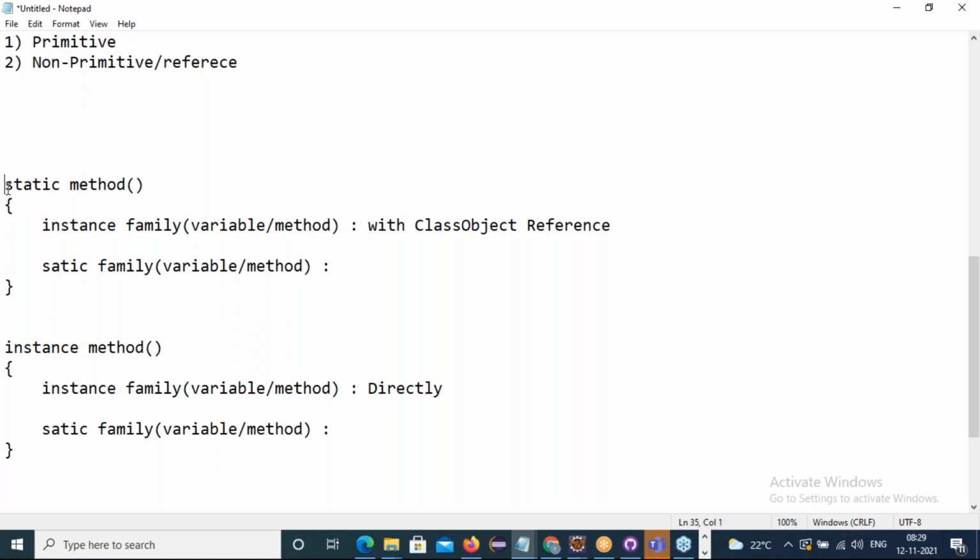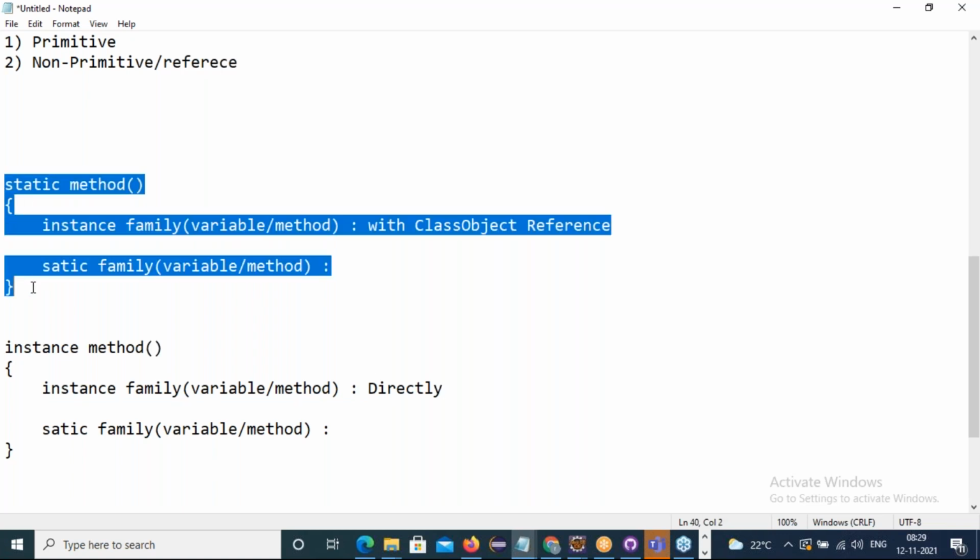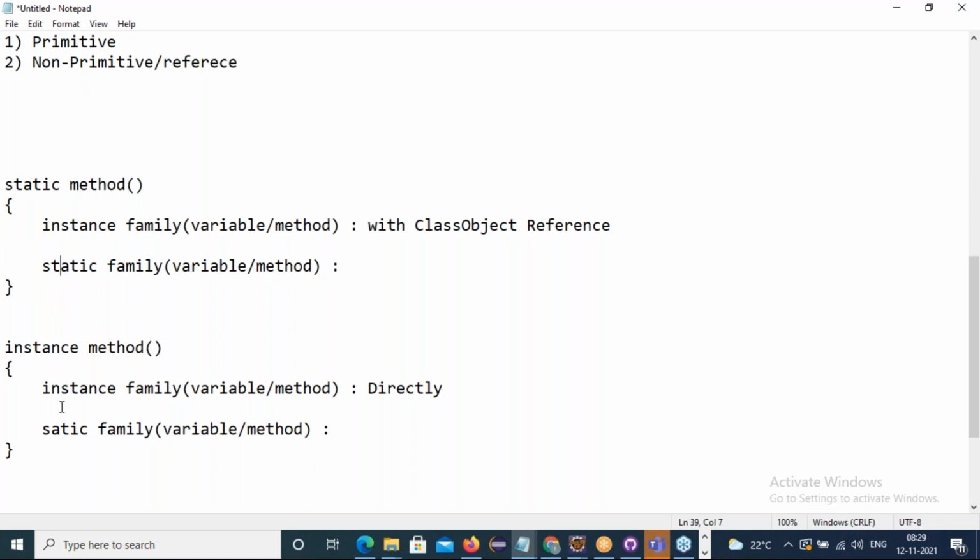Now come to the static method. Inside a static method, how do I call static variables and static methods? Directly or with the class name. Yes or no?